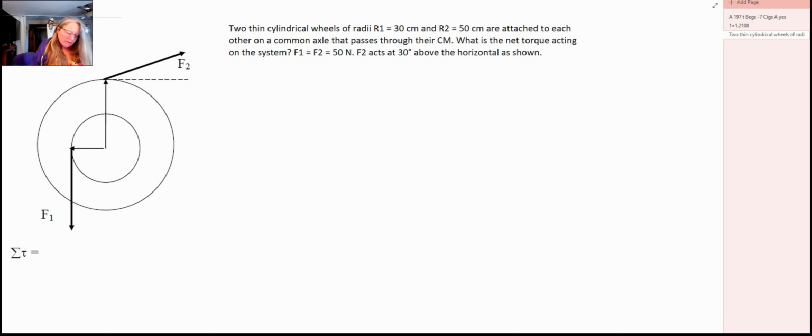We are going to start working on torque with more than one rotational object. And this is going to help us build into inertia and angular momentum. And there's a couple important pieces that go with questions like this. And part of it is that we know that we define torque